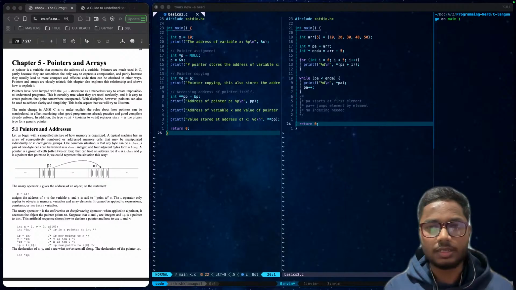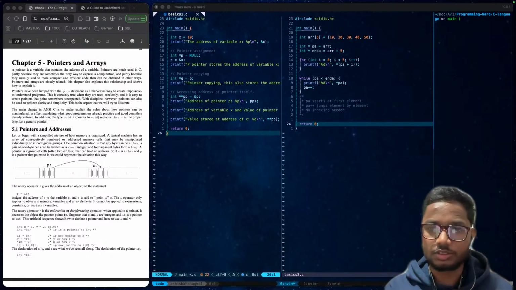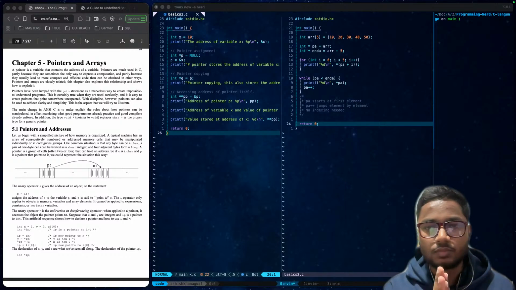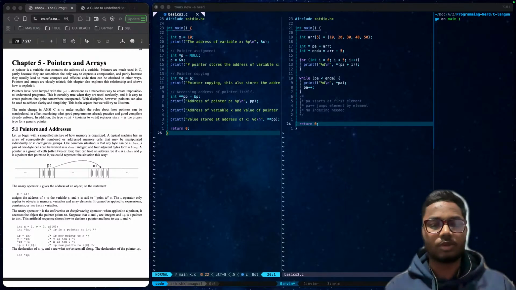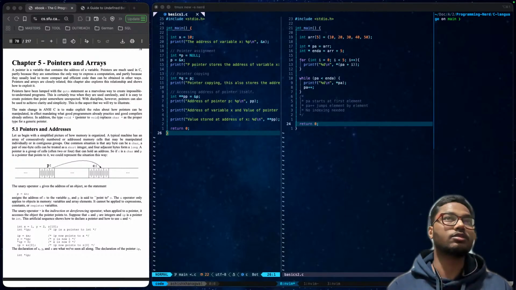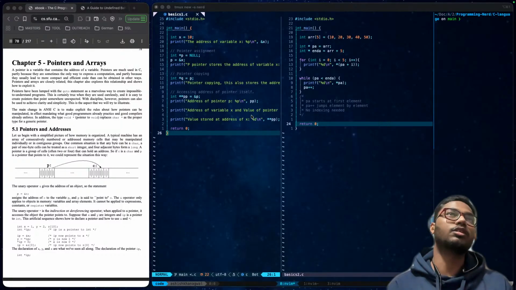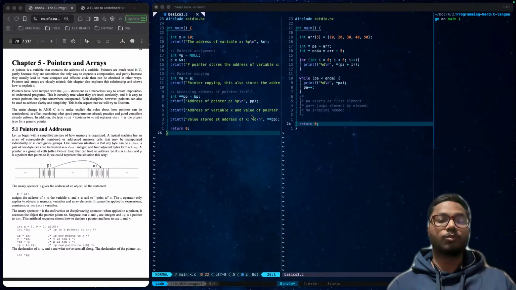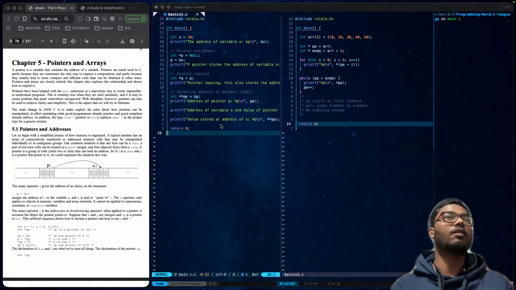So this week I'll complete pre-month zero, which is all about C mechanical fluency. Let me pull out the roadmap as well.